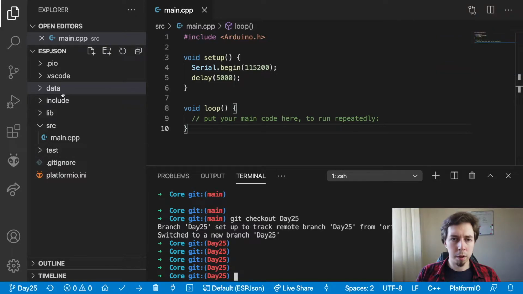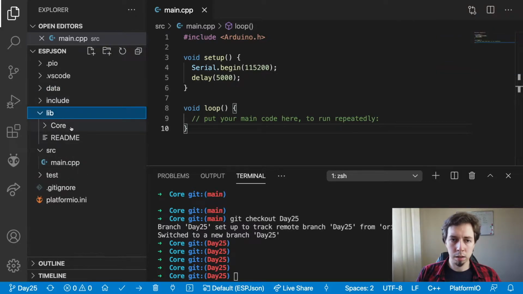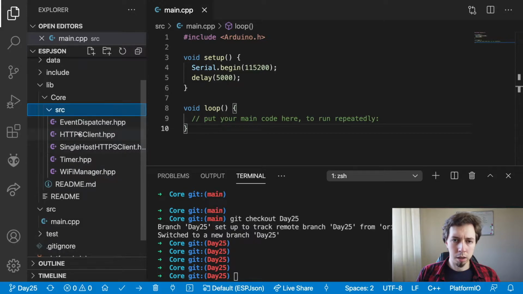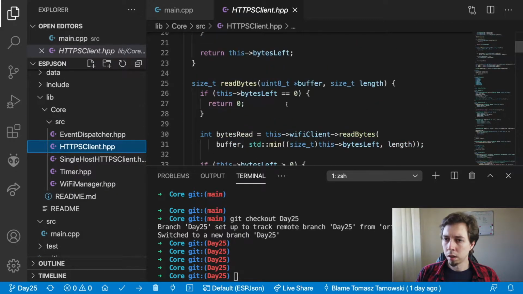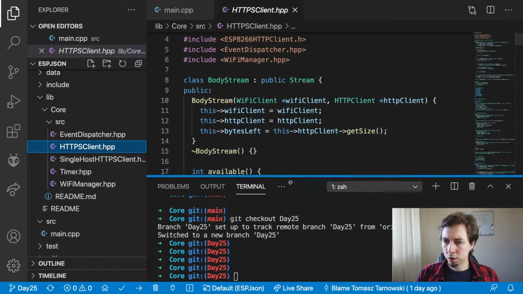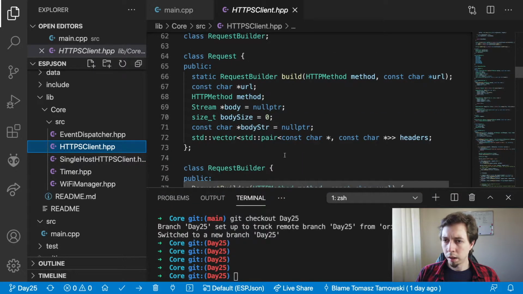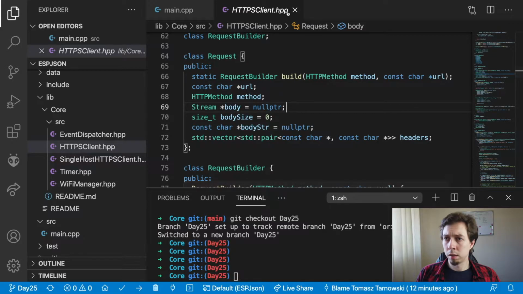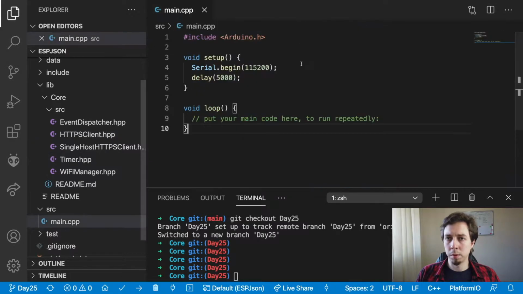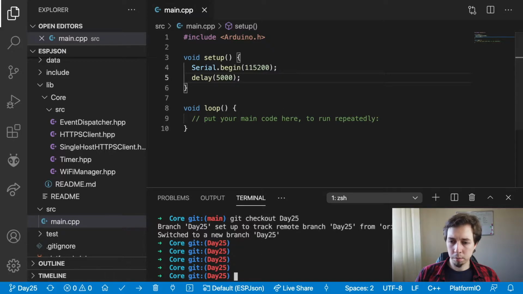What is in day 25? What I've done yesterday, essentially, I have added, let me show you, to the request, I have added possibility to stream the body. So we can upload files now using the binary way of uploading the files. The multi-part is still missing, but that's gonna be done in the future. Okay, so we've got the library, we've got